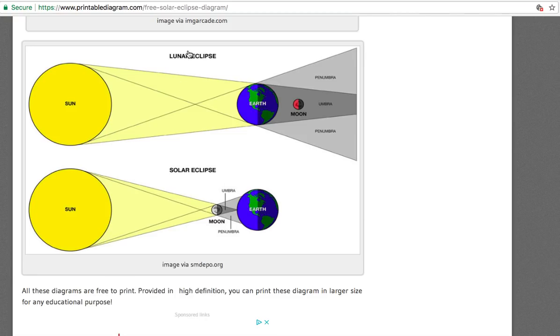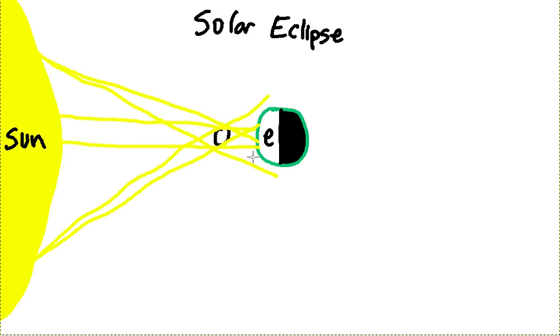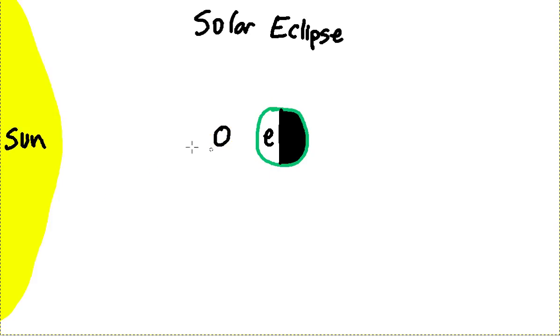So we are looking at the solar eclipse, when the moon blocks light from reaching the earth. And because the moon is so small, it only blocks it totally from one specific point. There are larger areas where there's a little bit of a shadow, but the greatest shadow, or the umbra, is cast right at this point right here. And that's what I was trying to show with this drawing, which clearly I didn't do the greatest job. So let me get rid of those lines